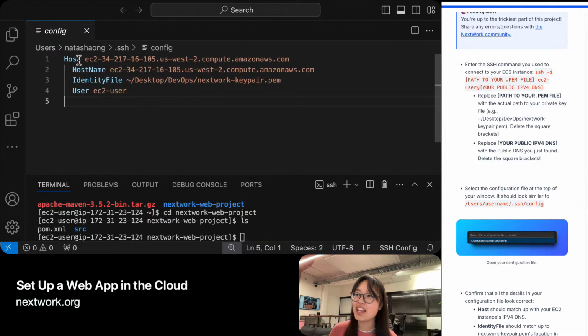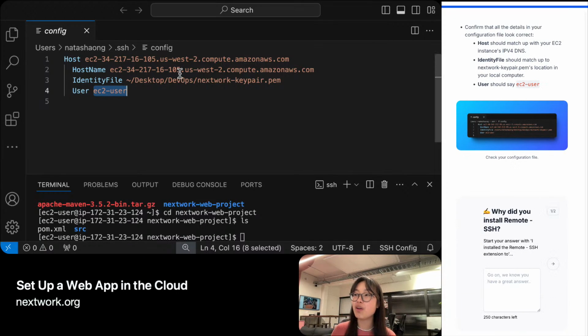And you can see here that it's kind of written down in its address book. This is the host you can connect to. That's our EC2 instance, the IPv4 address, that location. And then you have the identity file. So this is our private key file, which is basically our identity, our authentication to get access to that EC2 instance. So we have the address and we have the access. And it now knows that we're going to be logging into that EC2 instance as a user called EC2-user, which is a very, very default username that we didn't change from when we set up that EC2 instance. So it's just the default name. Okay, so once we set that up,